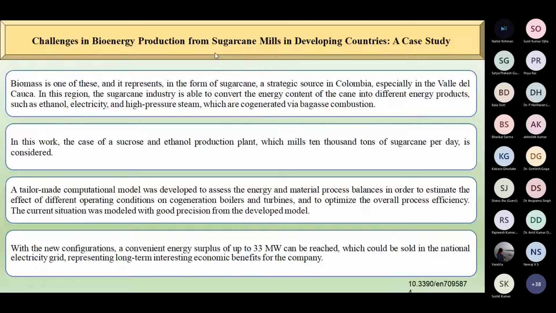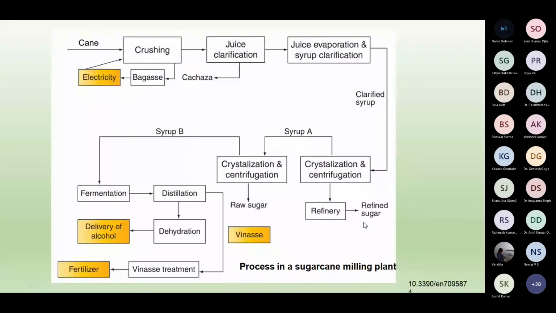Like in Colombia, the sugarcane is one of the major biomass, and it was used for ethanol production because they had lots of tons of sugarcane being utilized for the purpose. They found out that 33 megawatt of energy can be produced, which can benefit the company, and they use this model for extracting the energy